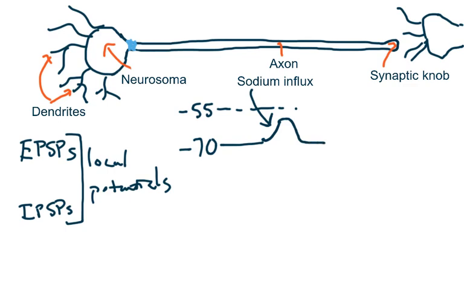Another property of these local potentials is that they're local. They're not spreading anywhere. They're just staying right there. Okay? They get weaker with distance, so wherever this is happening on the membrane, it gets weaker the further and further away that you get. So that's an excitatory postsynaptic potential. An IPSP, or an inhibitory postsynaptic potential. Okay. Again, if we have our minus 55 threshold, and then we're at a resting membrane potential of minus 70,